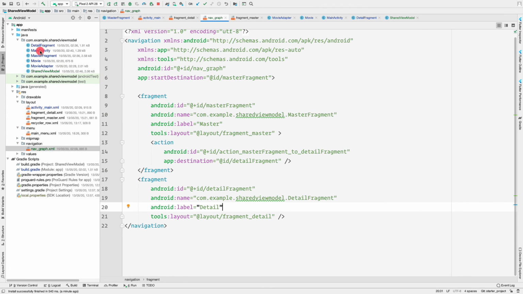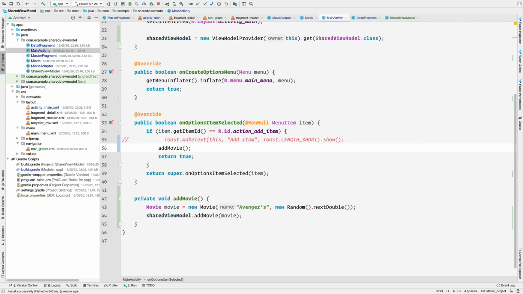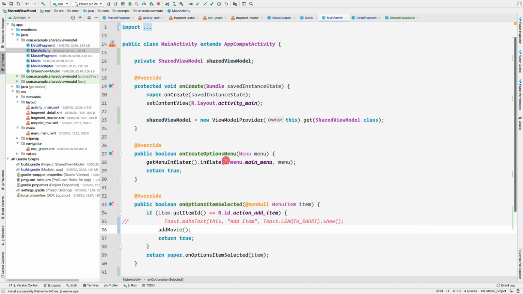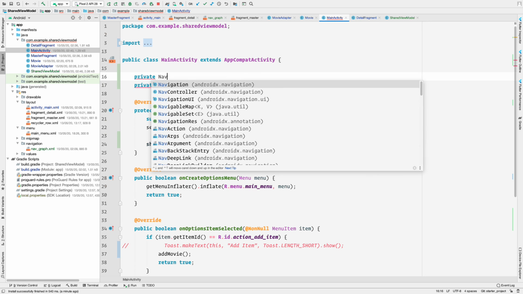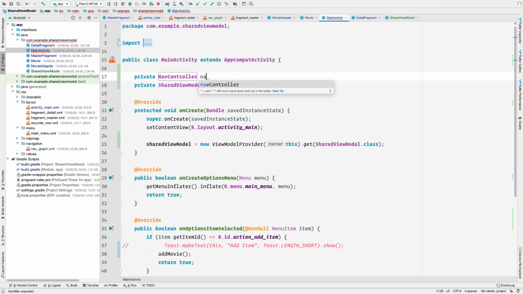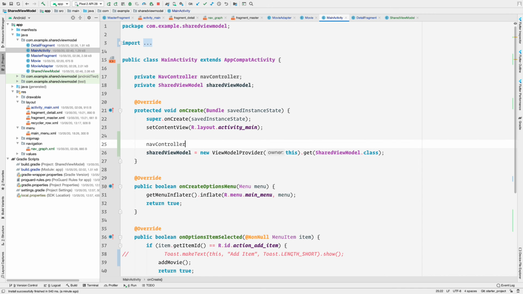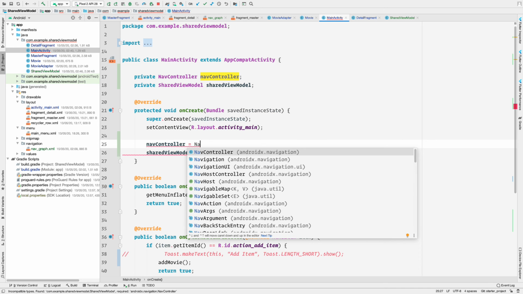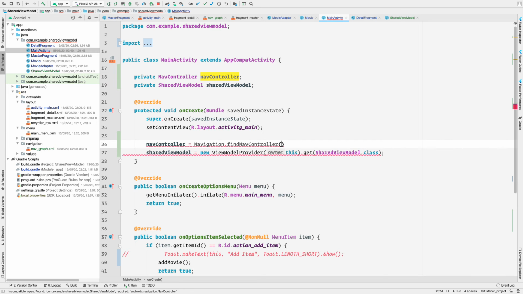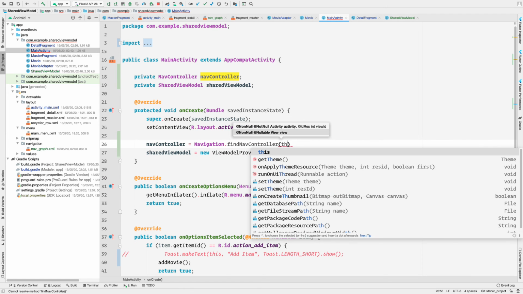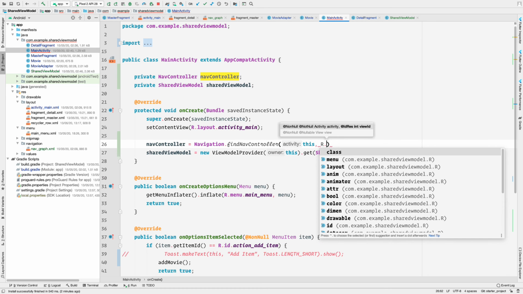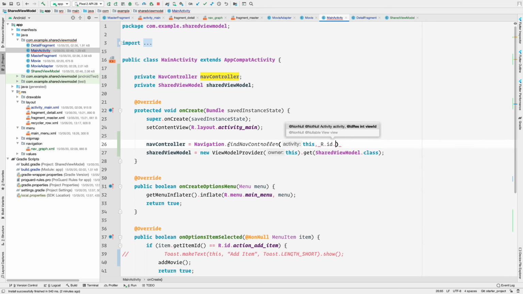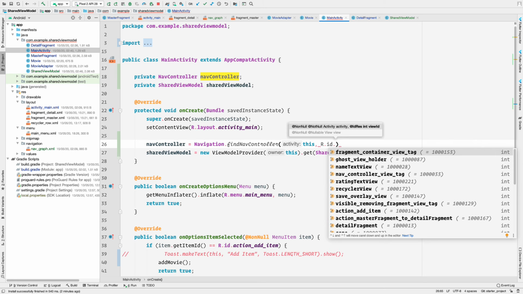So for that, let's go to our main activity, and here what we need to do, we need to find the nav controller. So let me find the nav controller like this. So private nav controller, and here inside the onCreate method, we'll find our nav controller equal to navigation dot find nav controller, and here we can pass in this for the activity and the ID of the fragment in which is the ID of the nav controller, r.id.fragment.